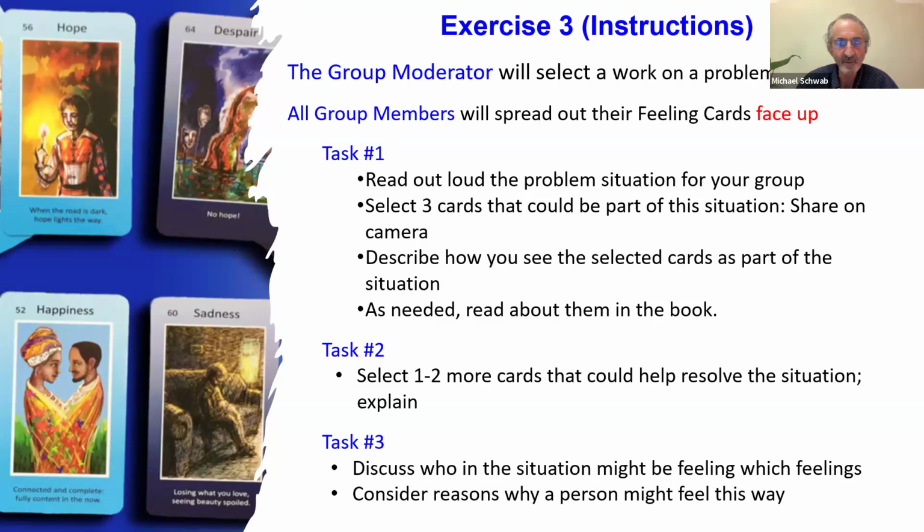Oh, wait a minute, we didn't draw any cards, did we? I was looking at my book. I'm looking through my cards, but I'm also using the taxonomy sheet because it's easier for me to scan it. But I guess we're supposed to draw the card. Are we supposed to hold them up so we can show the image on the card? I don't know how well that works. Try it. This is the one for despair.